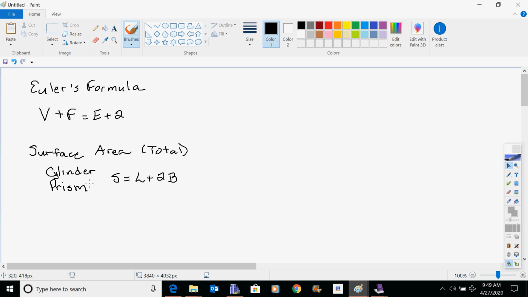If you have a cone, if you remember what that shape looks like, for a cone, our surface area was 1/2 the circumference of the circle of the base times the slant height plus the radius. When you had a pyramid,